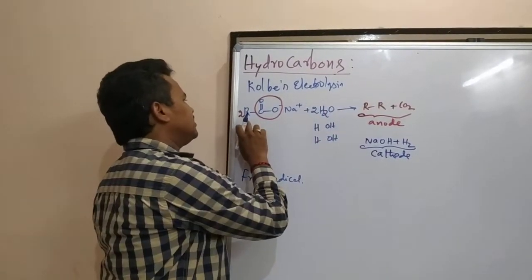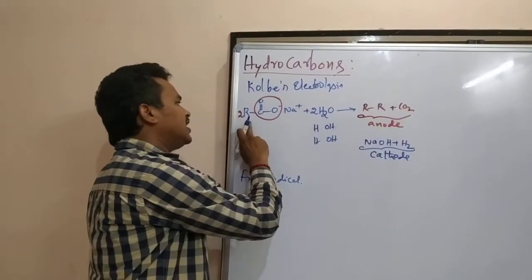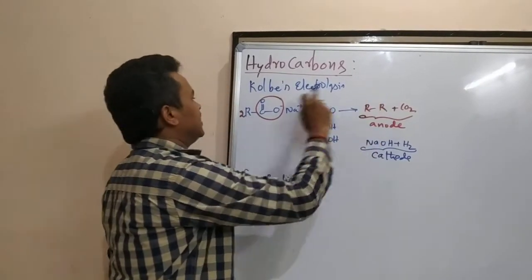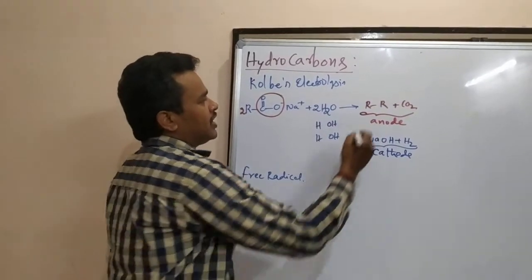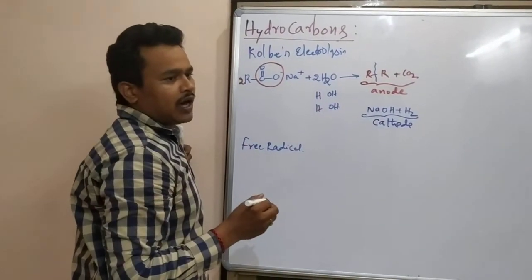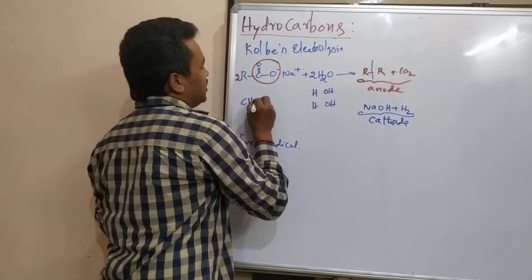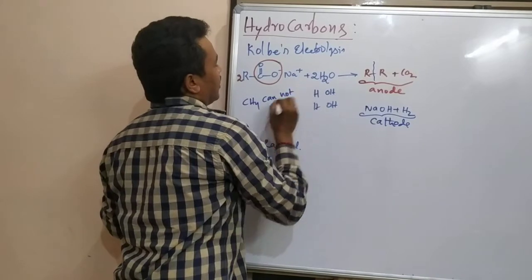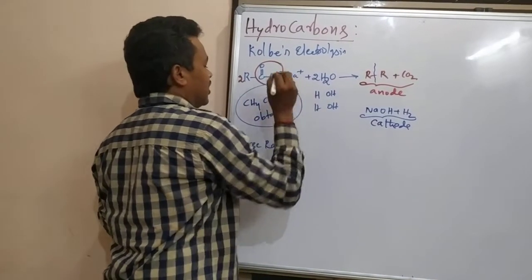In this one, what is going to prepare here? R is there, R is going to dump. CH3 means here CH3. Ethyl you are taking means ethyl. Here 1 carbon is there, means here 2 carbons. Here 2 carbons are there, here 4 carbons. Carbons are going to get doubled. Here also there will be a symmetry in the hydrocarbon. So the double coming, which is not possible here. Methane cannot be obtained by this method.